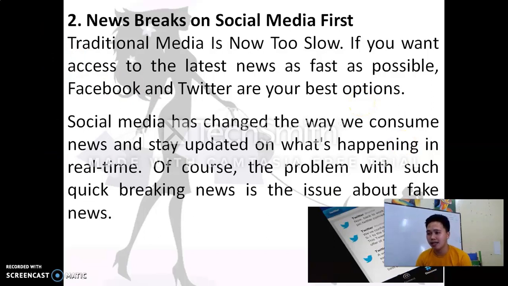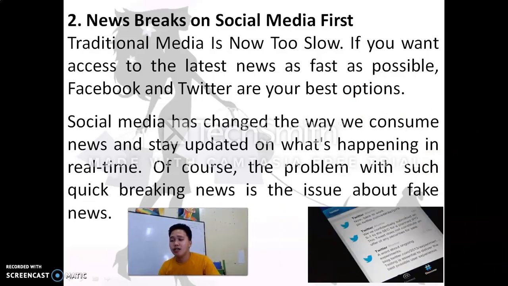Diba, yung iba in our teenage today, we are not usually into television. Hindi na tayo masyadong nanonood ng television. It's because all the news are now available in the internet. No, usually nga mas una pang nag-upload ng news ang Facebook or ang Twitter compared sa ma-flash siya sa TV. So that's very accessible. So social media has changed the way we consume news and stay updated on what's happening